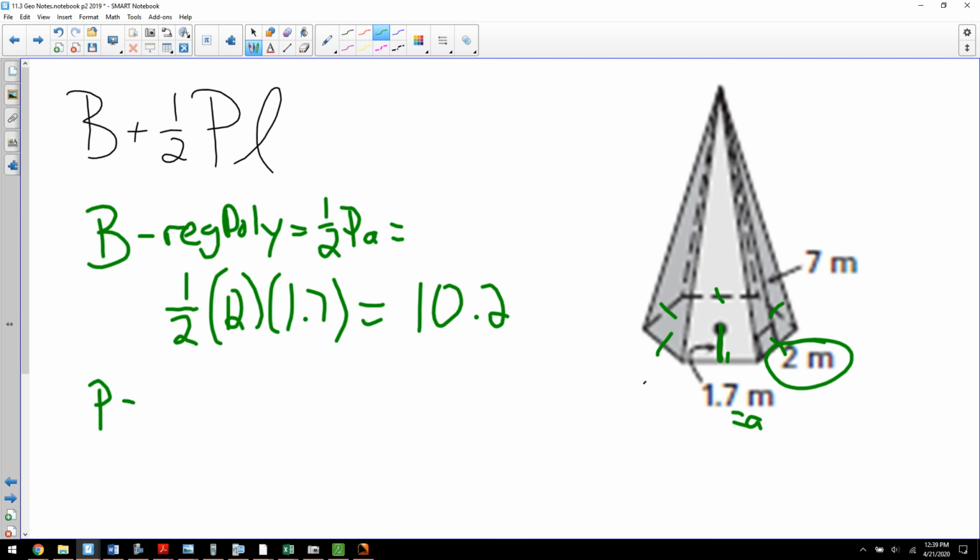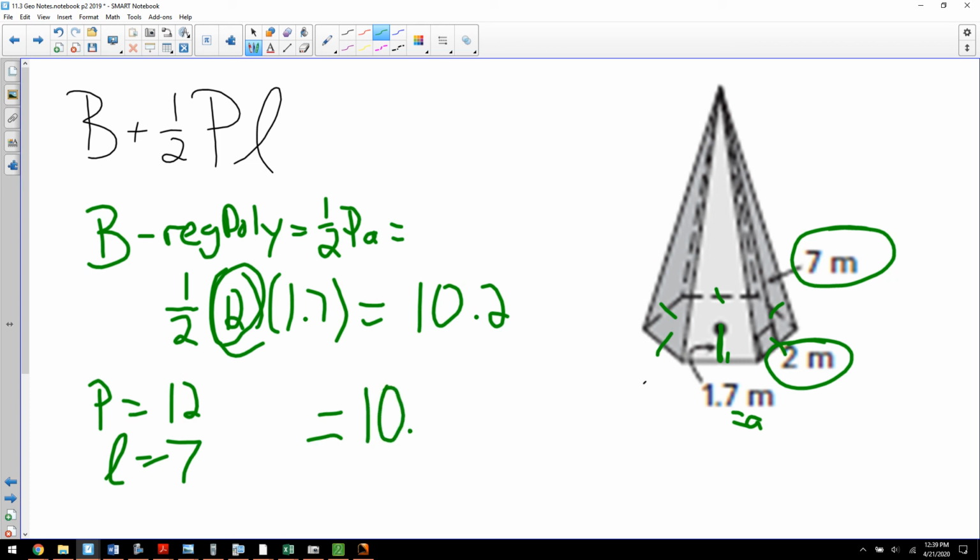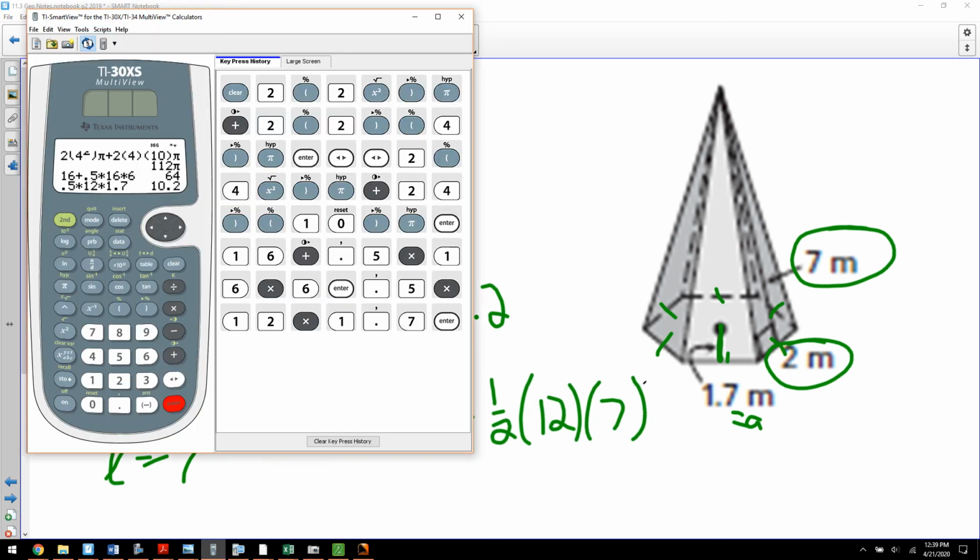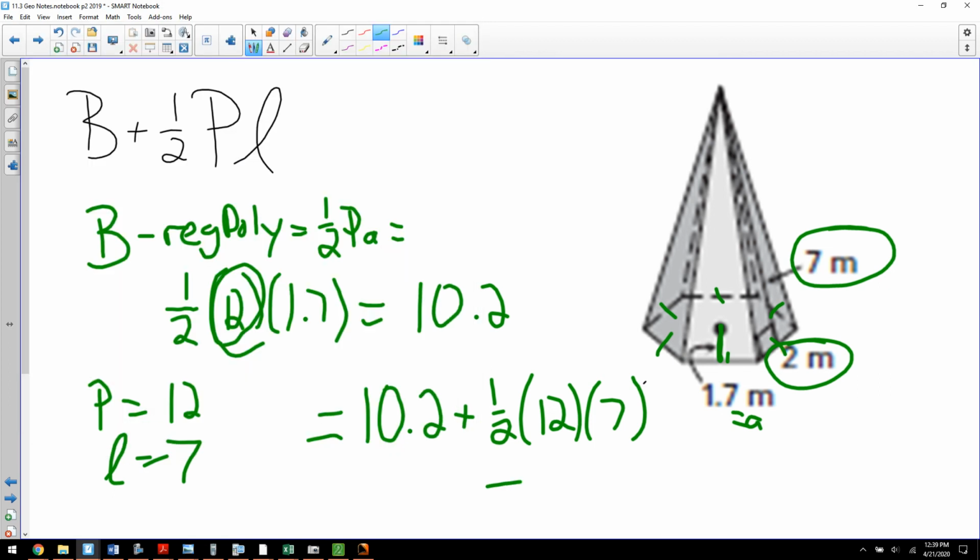The perimeter, we already found it a second ago, was 12. And the slant height is given to us as 7. So our overall surface area is big B, 10.2, plus 1/2 the perimeter, which was 12, times 7. So back to our calculator. We already have the 10.2 in there, so all I have to do is hit plus, and then 0.5 times 12 times 7. And there's our surface area, 52.2